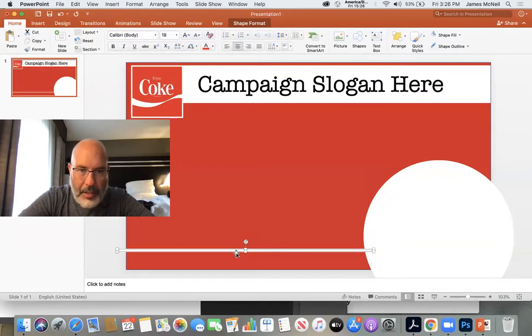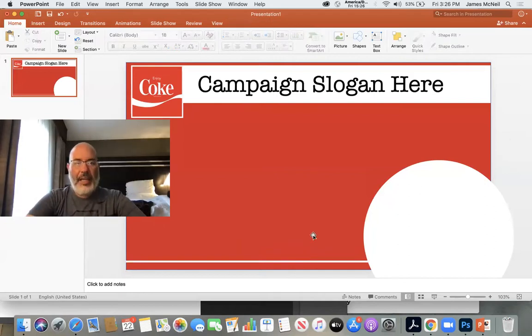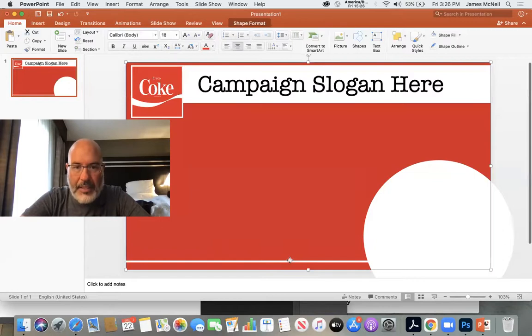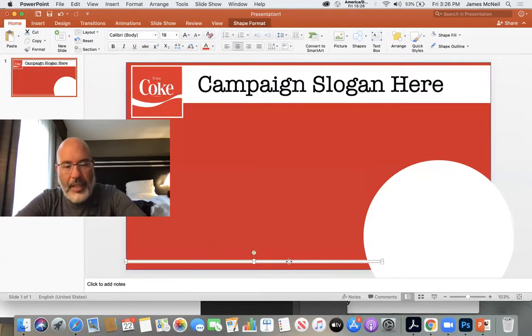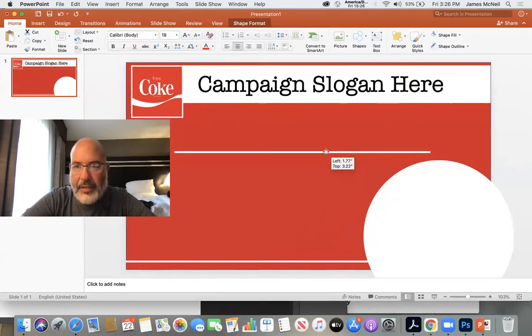I'm just going to put it right here, and move it down a little bit to the bottom of the page. So now I can move it flush to the edge. So now I kind of have a bottom border, and if you want, you can select this as well and then hit Command D or Control D. It'll duplicate that exact